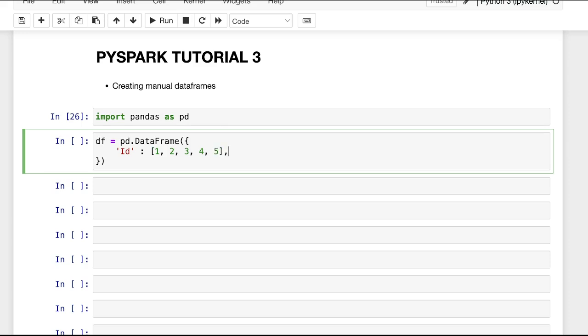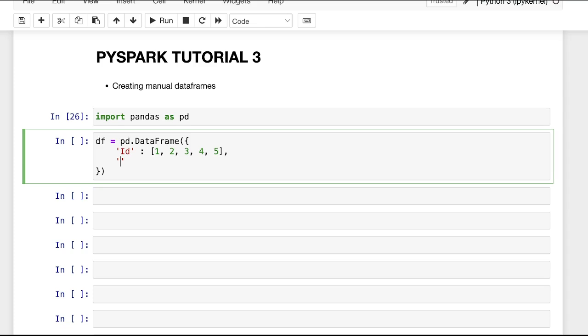Now we will create one more new column in our data set. Let us say name. Let me provide it the 5 names. These are the 5 names.